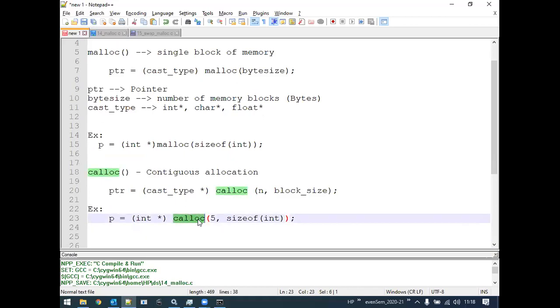Contiguous memory allocation means there will be a group of blocks allocated dynamically. How many groups? That is, how many elements? 5 elements.